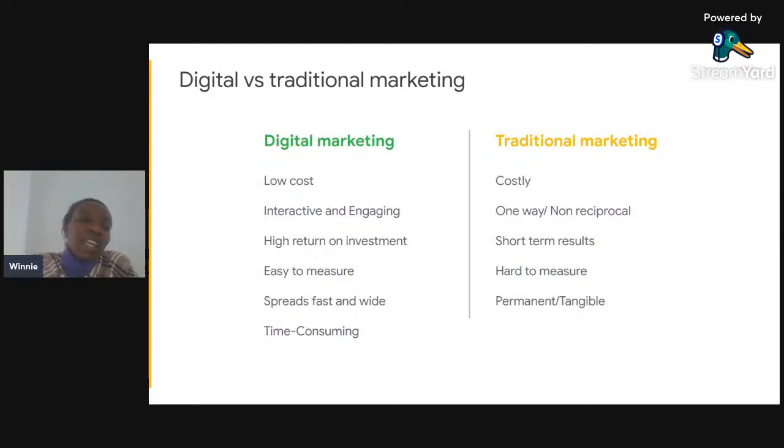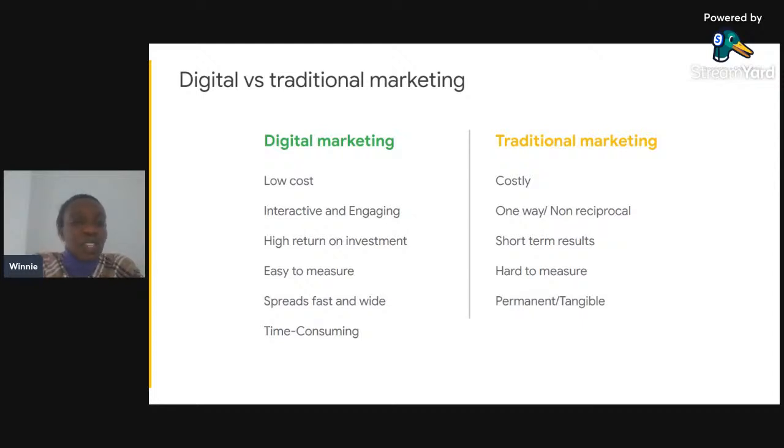It also has a high return on investment. For example, if you use Google Ads with search, you'll only pay for the people who have actually clicked on that site. Even though others have seen it, you only pay for the people who have clicked.